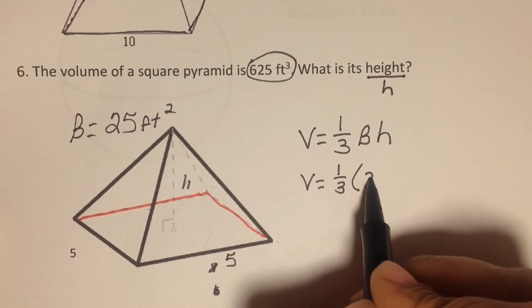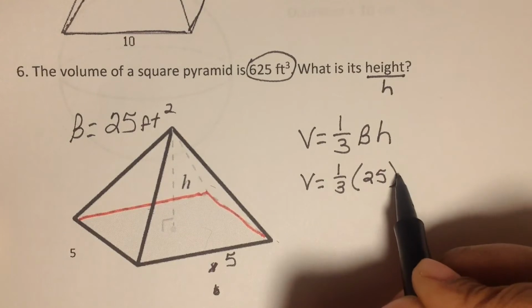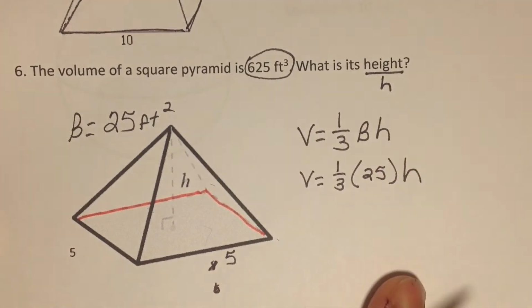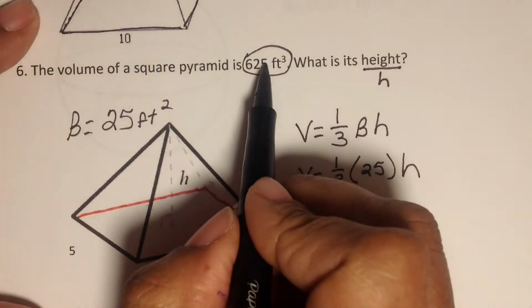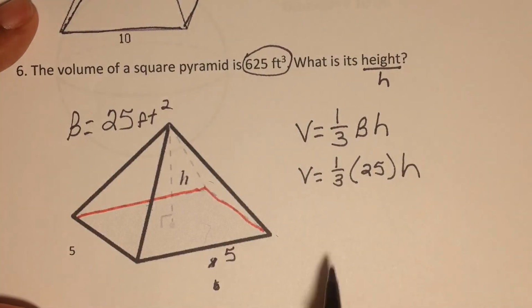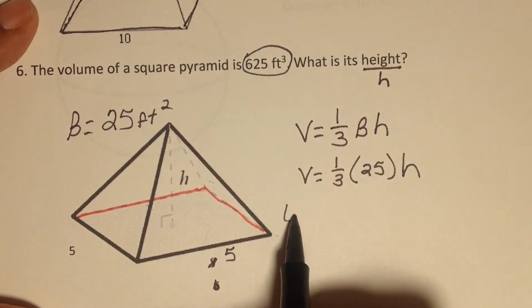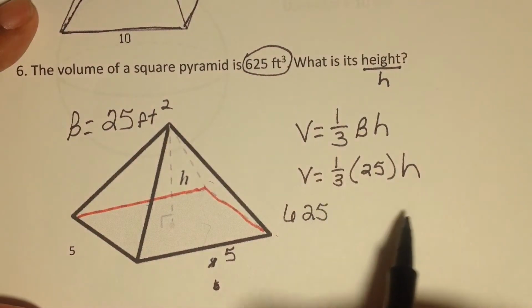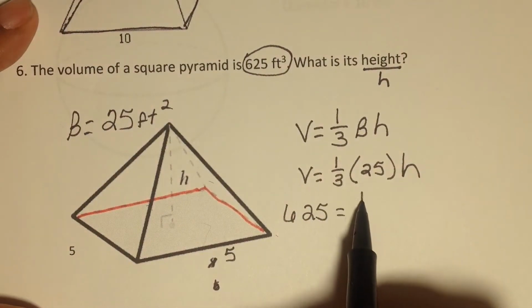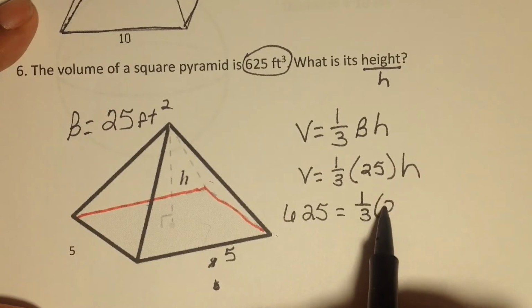Now I know what the area of my base is. What else do I know? Absolutely right. They gave me the volume. So I'm going to plug that volume into here. So the volume is 625 cubic feet. And that's equal to 1/3 times 25